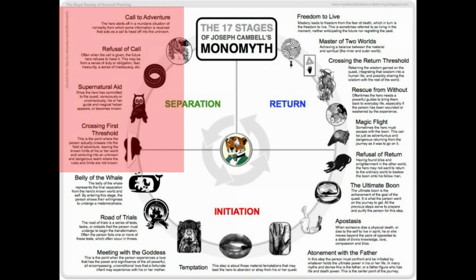You know what these really are? A call to adventure is I've decided I'm going to turn inward and take a trip, a journey, and resolve my past because I'm carrying pain with me. The refusal of the call, I don't want to do it. It's not okay. It doesn't feel good. Supernatural aid is not supernatural. There is nothing supernatural in the psyche. This is all getting knowledge and information of how your higher being works with your conscious and your stored away pain, the things that we don't want to look at, how to start looking at it, how to become the kind of person that turns to them, faces them, embraces them, begins to look at them, which causes the healing to all happen.